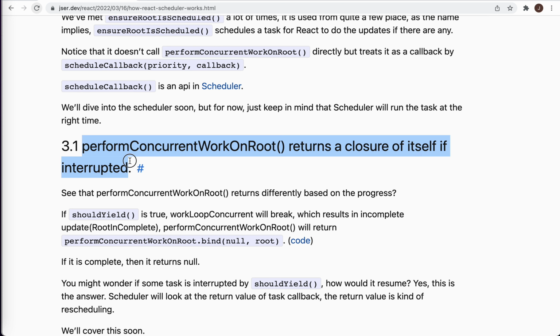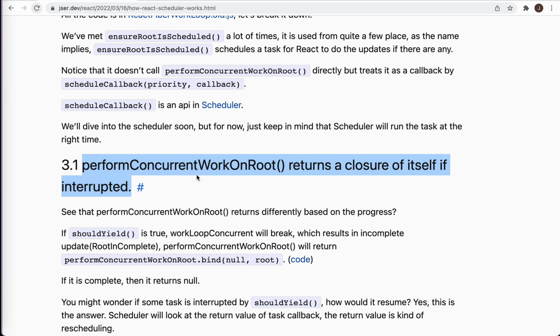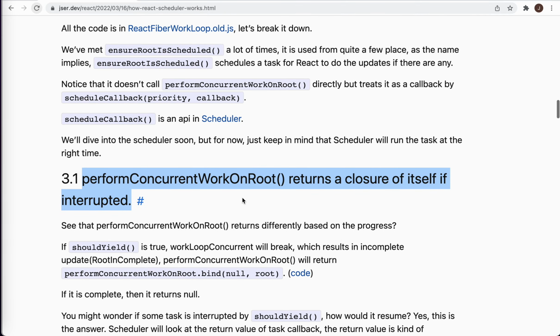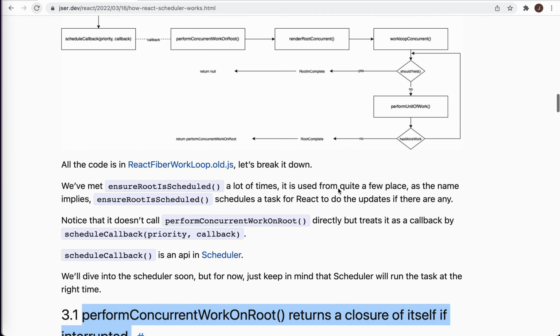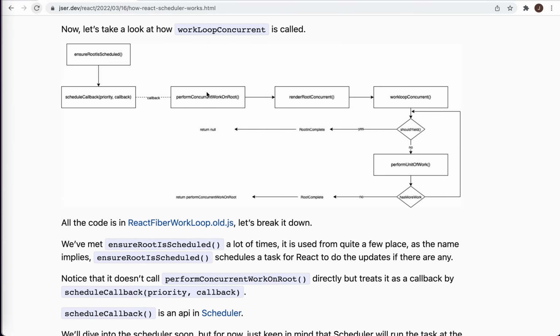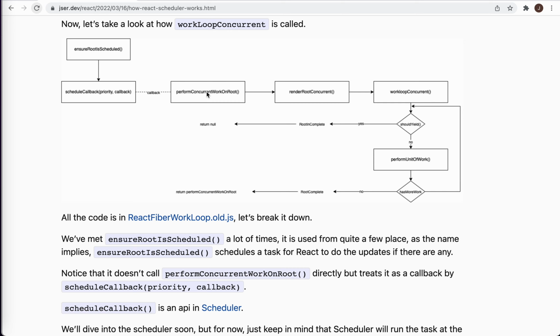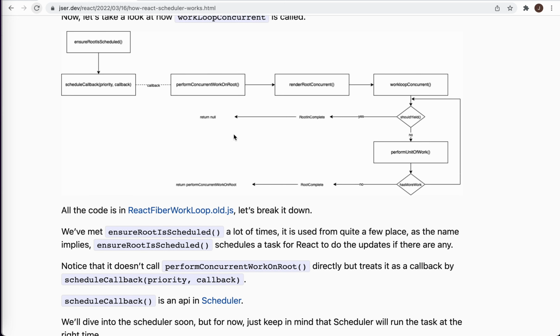This is a very important piece of information. performConcurrentWorkOnRoot returns a closure of itself if interrupted. Why does it return a closure of itself? Yeah, you've already seen it. When it's interrupted, we need a way to resume it, right? But how can we know whether it should resume or not? The scheduler doesn't know the details of each callback, so we need a mechanism. We'll cover this topic soon, but just notice that for this callback,